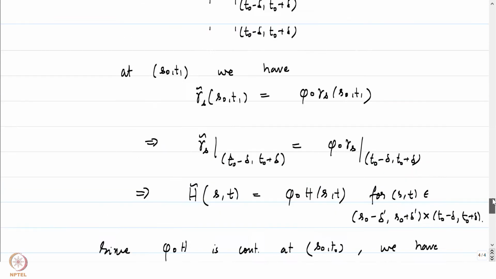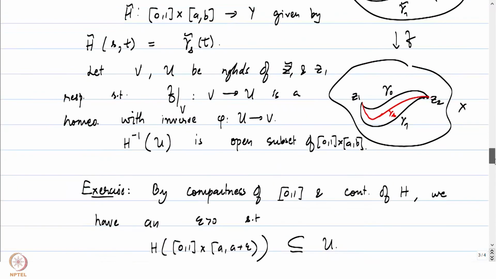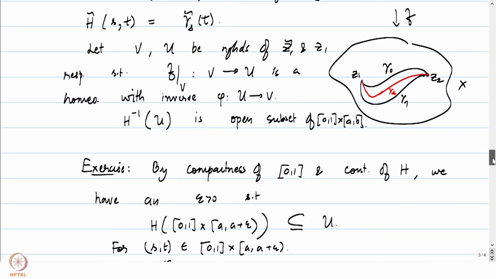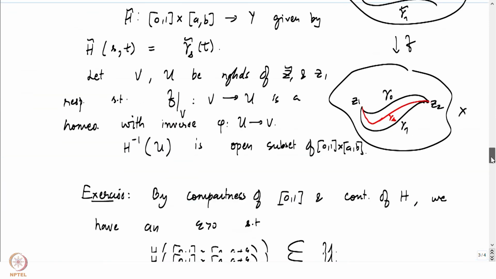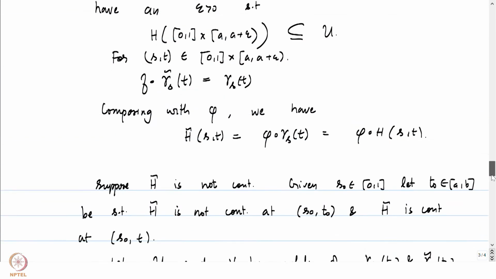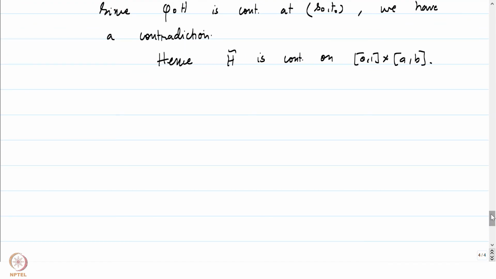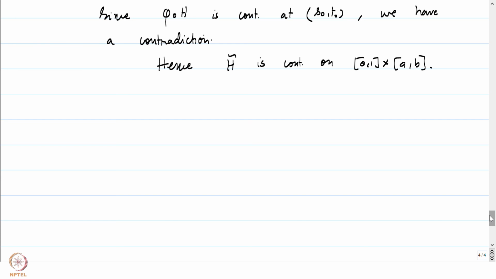So what have we just established? We have just established that the map H tilde that we have defined is continuous on 0, 1 cross AB. We also have that at every stage S, gamma S tilde is a lift, so it's a lift which starts at Z1 tilde. So the only thing that is left to check now is that H tilde is going to map the end point, H tilde of S comma B, to the same point. That's the only thing that is left to check to establish that H tilde is indeed a